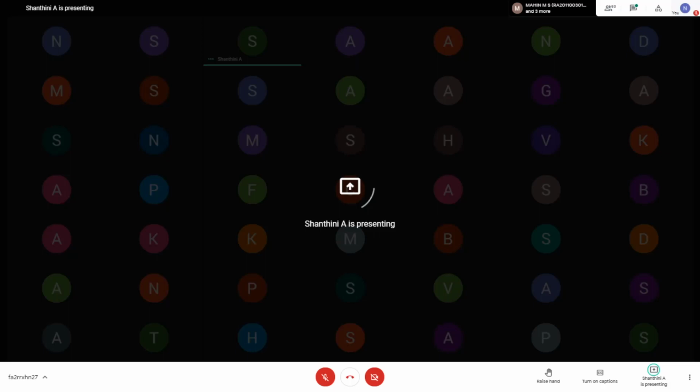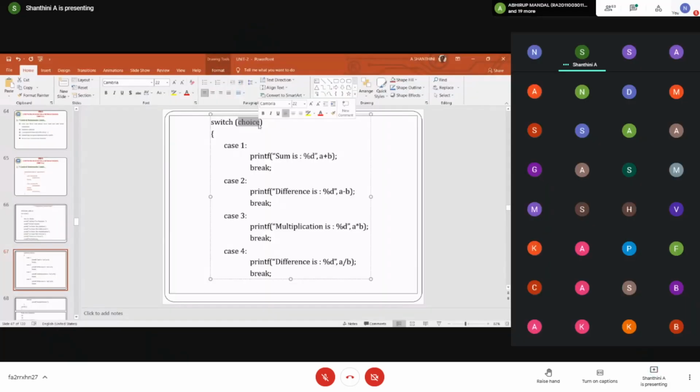Here they have given an example for arithmetic calculation using switch case. They are getting two numbers from the user, and if they enter number 1, it goes to the case of addition, number 2 for subtraction, 3 for division. You are prompting the user to enter the choice, and you are getting the choice, and that choice will be given over here. Whatever variable you are using to get the option from the user should be given over here.